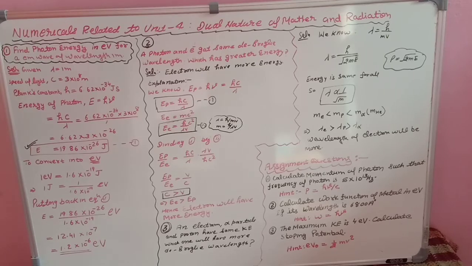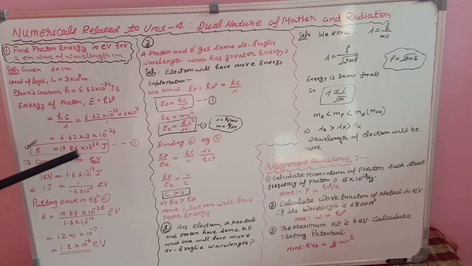And lambda is equal to c upon nu, which means your frequency and wavelength are inversely proportional to each other. Okay, so in place of nu I have written c upon lambda. Each and every value is given, so put these values: 10 raised to minus 34 and 10 raised to power 8. Whenever you subtract these powers, you will get 10 raised to minus 26. 6.62 multiplied by 3, the answer you get is 19.86 into 10 raised to power minus 26 joule.